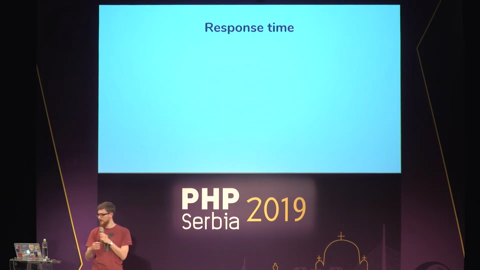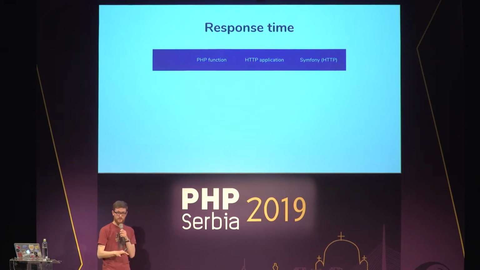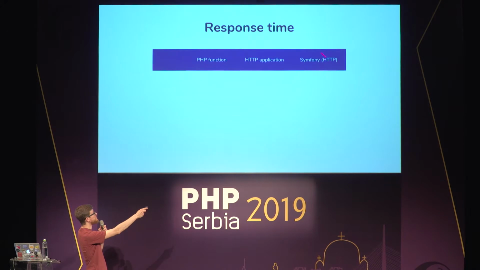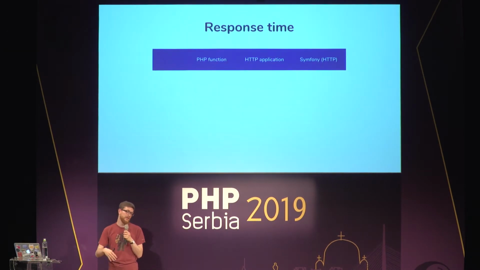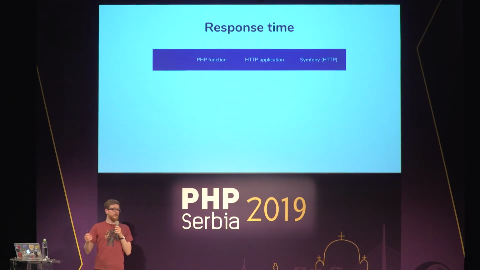Like I have 3 Lambdas. The first one is a PHP function, so it's the function that takes an event. It doesn't do anything. It's useful for integrating PHP with Amazon services like Amazon S3, SQS events, message queues, and everything like this. Anyway, the HTTP application is just echo hello world, right? So it should be running in 0 milliseconds. And the Symfony application is again a hello world in Symfony, and it should also be running in 0 milliseconds ideally. So I deployed that, and I ran a set of benchmarks, and this is what I get.